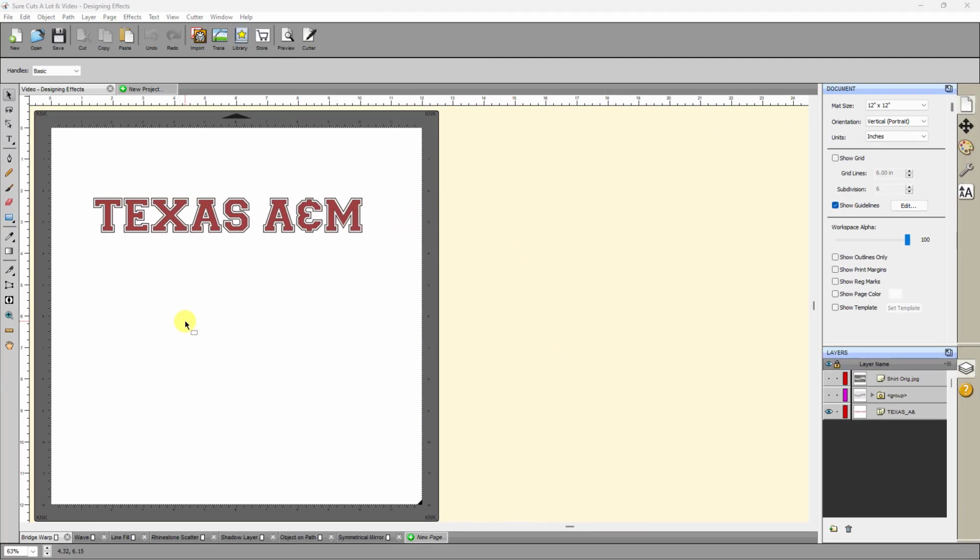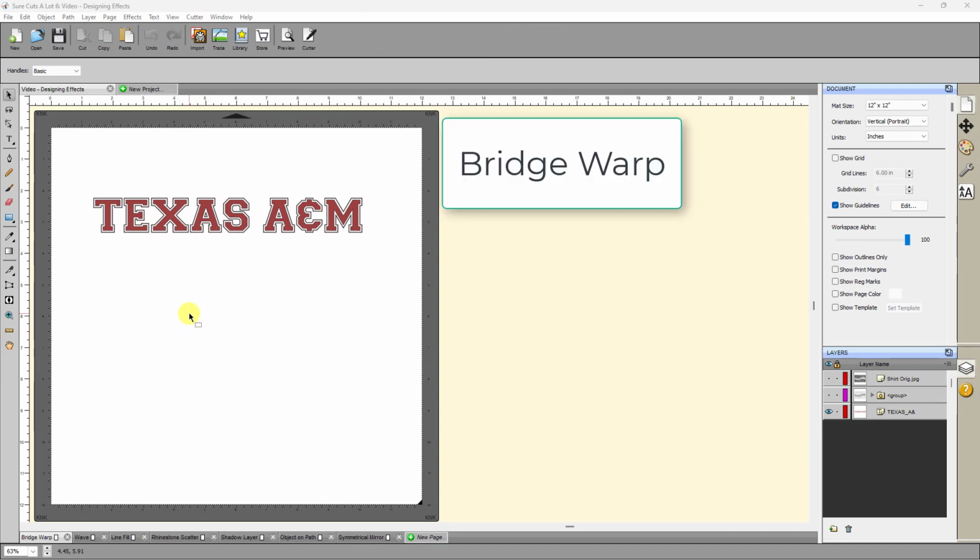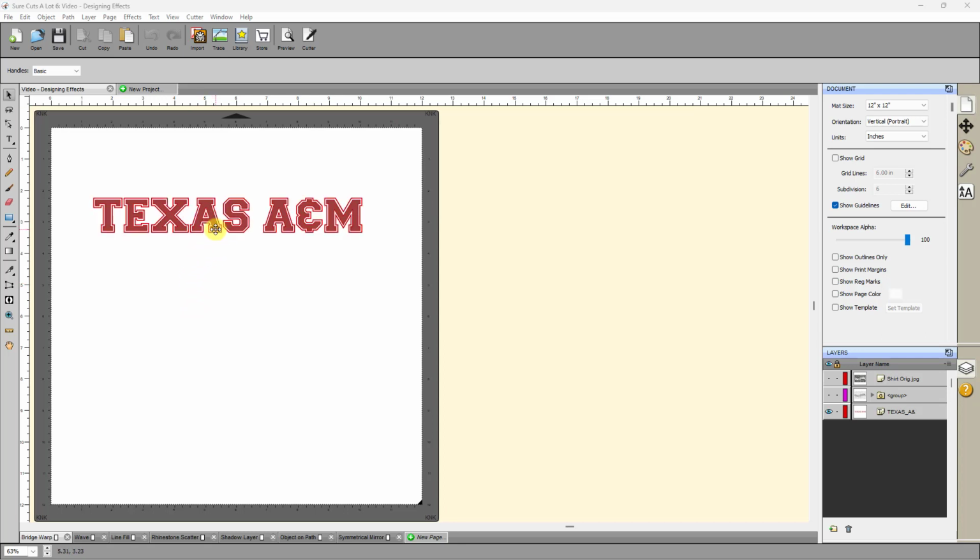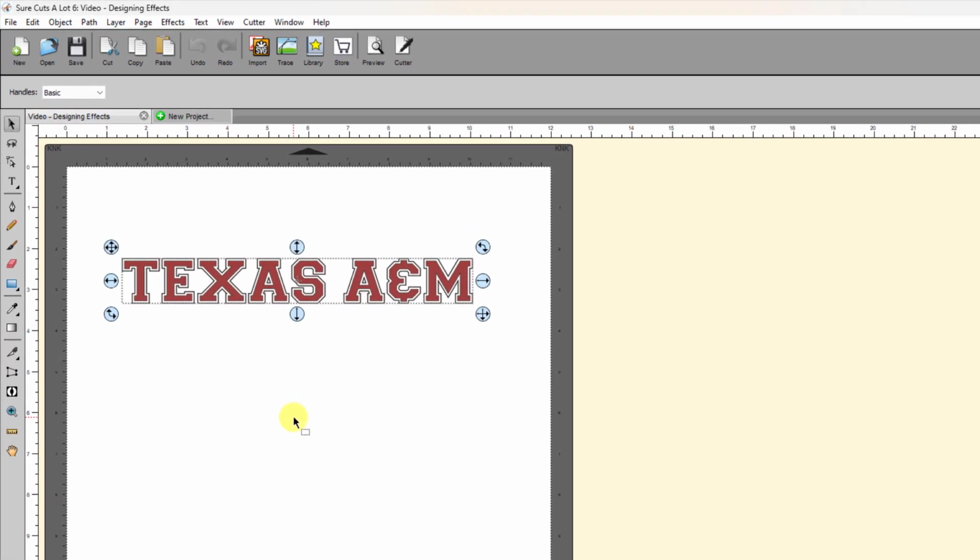So the first of my favorite things related to designing happens to be the bridge warp, which I showed you just before as something you can look up in the user manual. The way it works is you have something, typically text, but it can be any shape. You can do all sorts of really amazing warping with it. But in this case, the reason I typically use this is because a user or a customer will contact me and say, "How do I do this?" And it's going to be some shirt design that they want to try to reproduce using a different school or somebody's name or whatever. So just type out your text or pick a shape if you have a particular shape